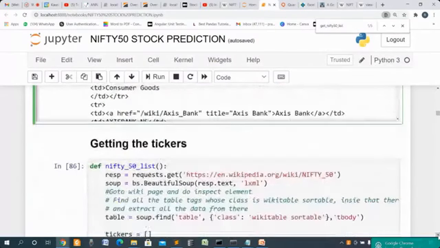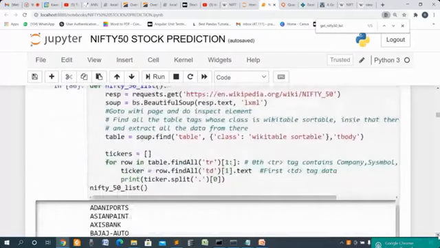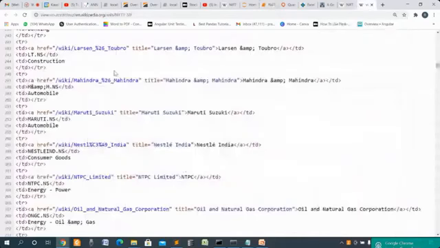In that table, we are going to get the tickers. In order to get them, again we are going to use a Python list. We are saying find all TR, to get all the TRs here, because the table rows have the data. In that TR, I have to get the second one, because the first is the image and the second is where I have the symbol.